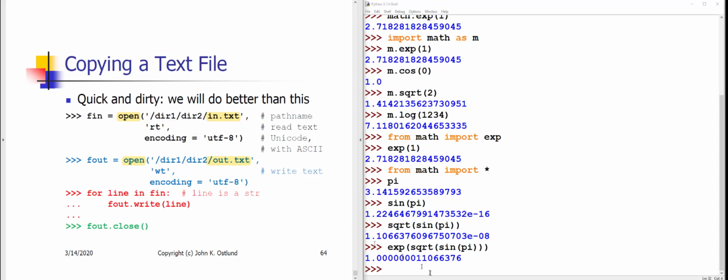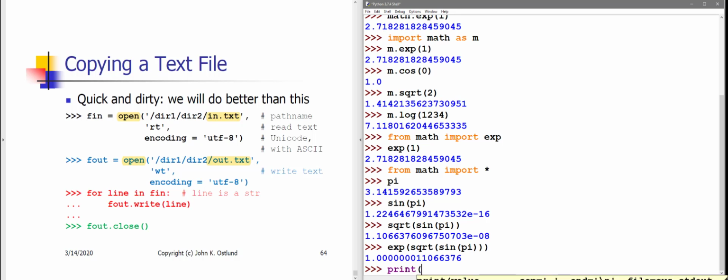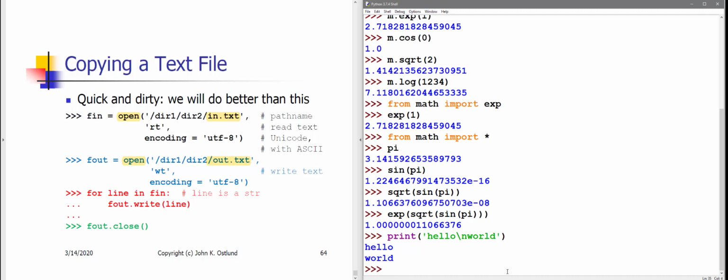However, the \ has a special meaning in Python. Recall that if I print, let's say, hello \n world, the \ has a special meaning in a string in Python, which in this case causes the n to be treated as a new line character. So \n is a new line character for Python,